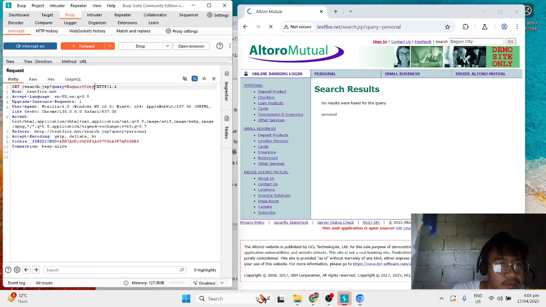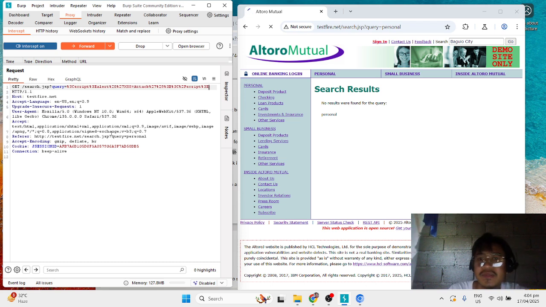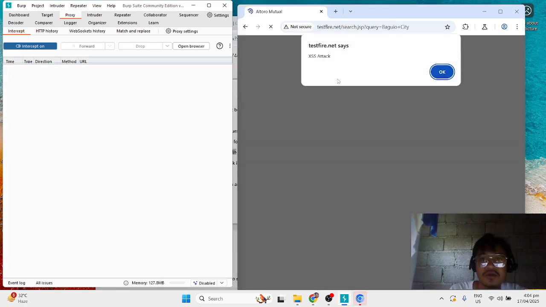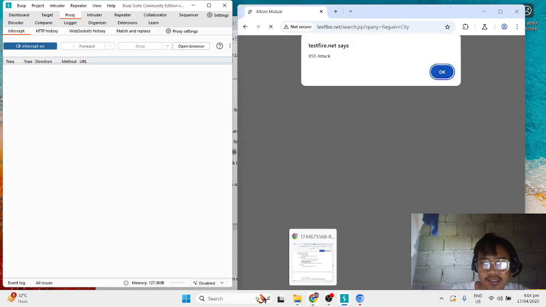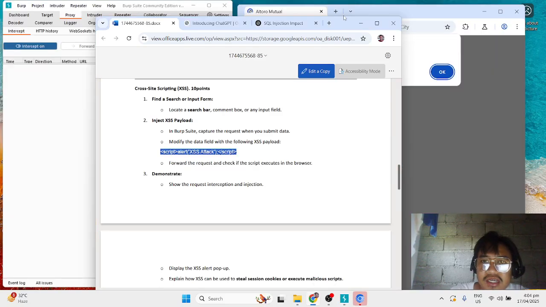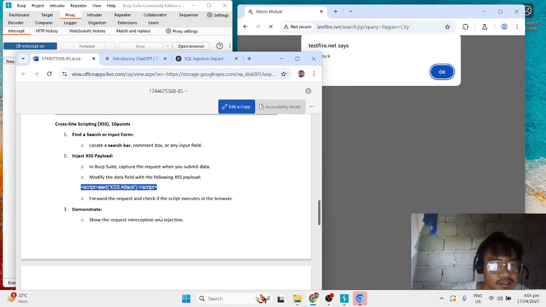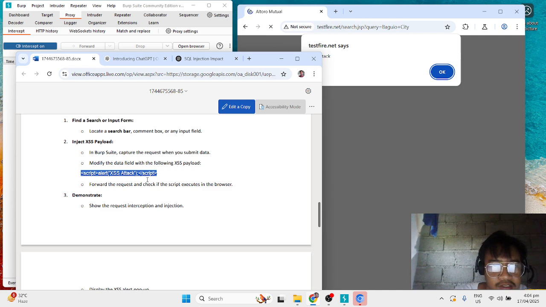Okay, so dito sa Baguio City, i-copy natin yung script kanina. And let's try to forward. Okay, XSS attack. So may nagpakitang XSS attack. So modify the data field, which is yung ginawa natin kanina. So forward the request in the browser.